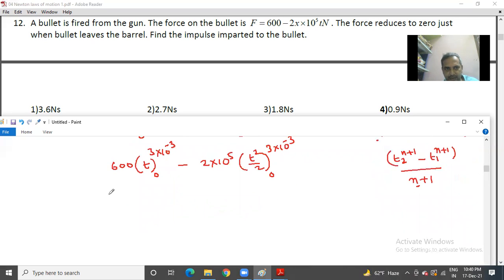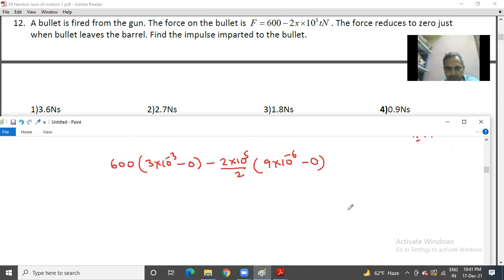Now finally we will get 600. In place of t, you have to substitute 3 × 10^-3. And minus 2 × 10^5 divided by 2, and in place of t you substitute the same, so it will be 9 × 10^-6. And minus the lower limit, which is 0. So the final output is